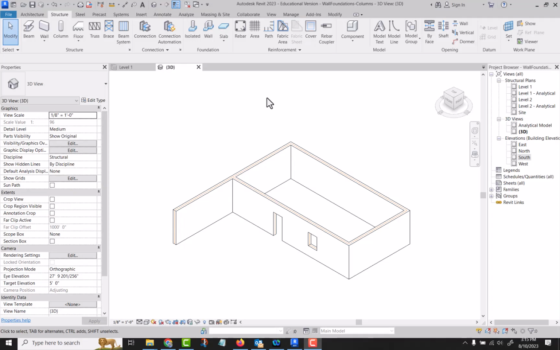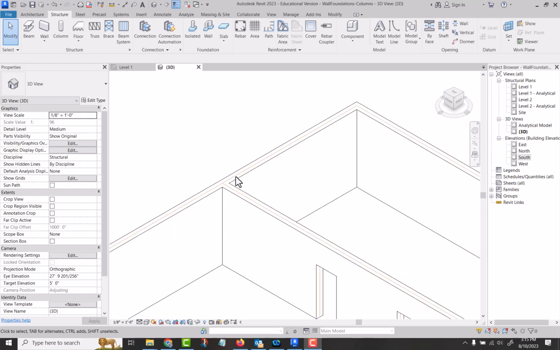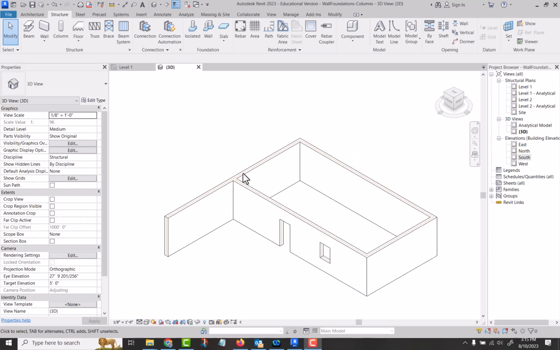Let's look at wall footings now. I'm using the same file that I used in the previous video of the columns. If you open up your 3D view, you're going to see these orange lines in here. Those are from the analytical model. Okay, and so in Revit, when you're creating structural elements, you can turn analytical on or off when you're creating